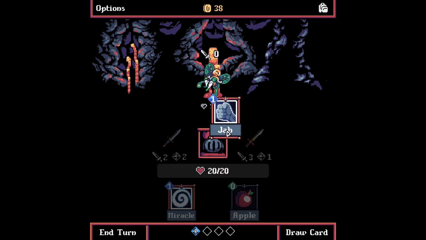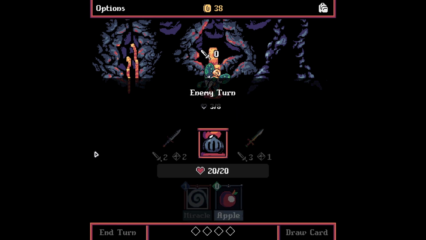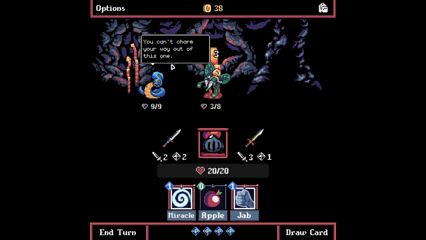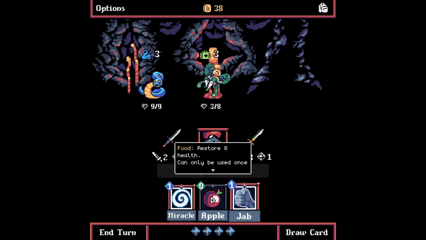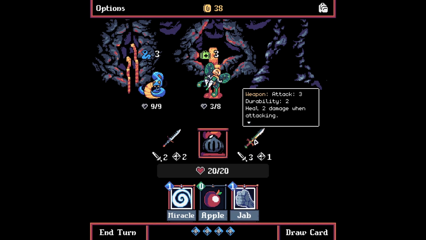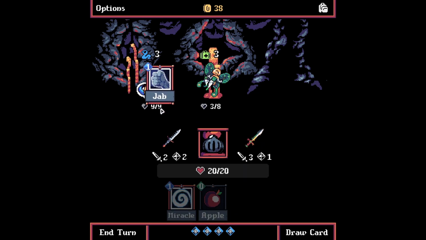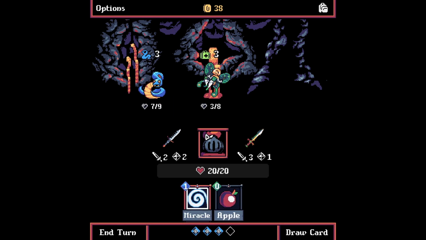Okay, so if we then just jab you, because it uses up our final point, you take some damage, and that's all pretty good. Okay, end our turn. So now we've got a grumpy snake. You can't charm your way out of this one, says the wise cracking snake there. Okay, another jab, and a miracle. I think if we use that on you... No, but I'm not going to heal up from that. If we jab that thing, so go boop with a jab, then we're going to have to...